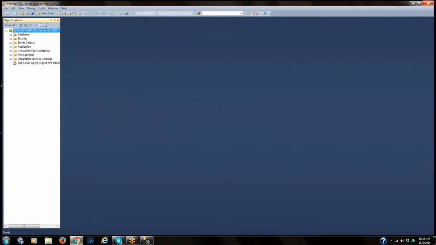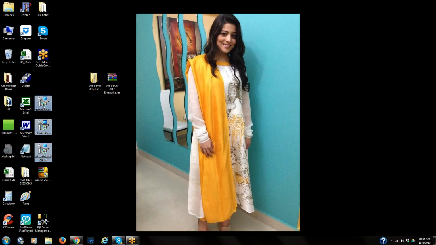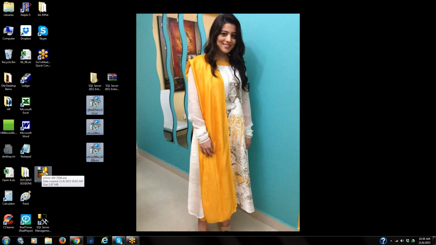Okay, so I'll connect this, so it will be connected, right? Yes, it is your server. Perfect. I'll close it right now. Now I'll delete all these files. So actually this is your database engine. Now you have to connect your SQL Server data tool for creating your SSIS packages and everything in your SQL Server data tool. How do I do that?